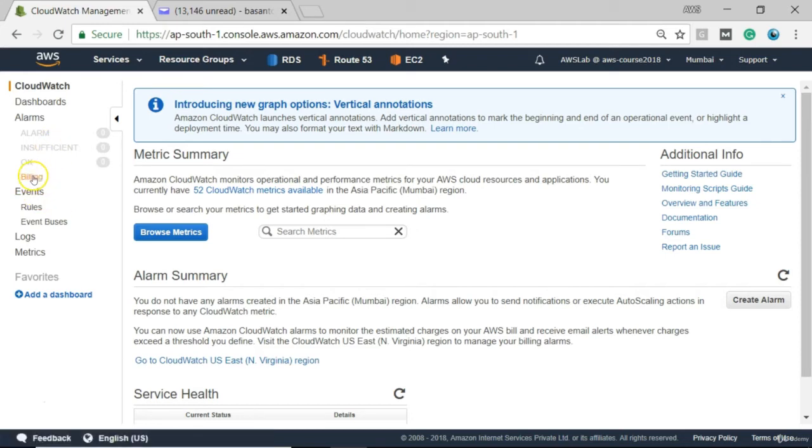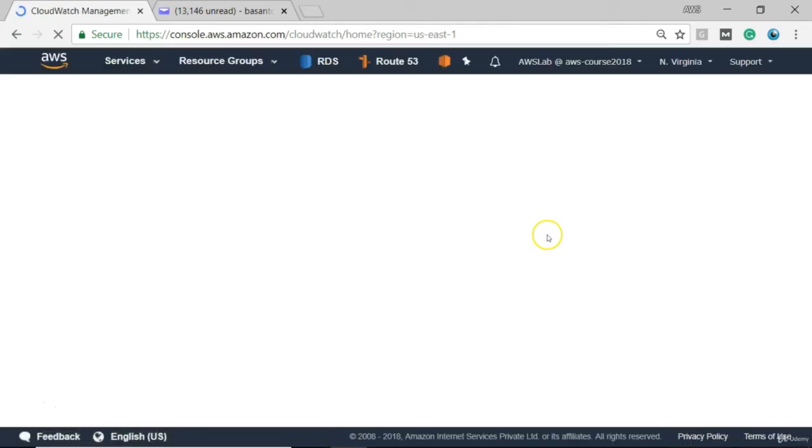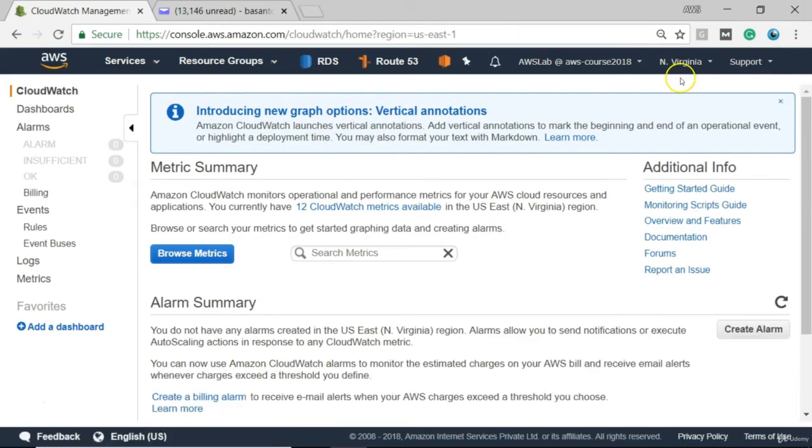So in the left menu, I'll go to billing and I'll just click this billing. So here there's a message. If you want to set a billing alert, you need to go to the US East North Virginia region. Okay, so we will switch our region to North Virginia, and earlier we were in the Mumbai region, so I have switched the region to North Virginia. Now we are in North Virginia,